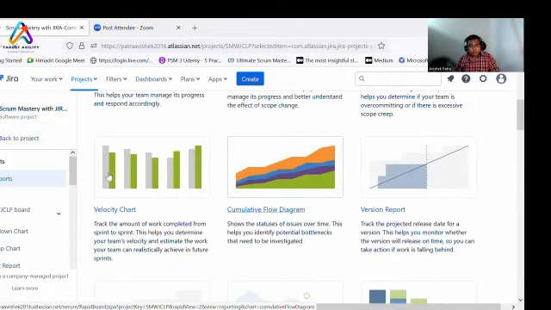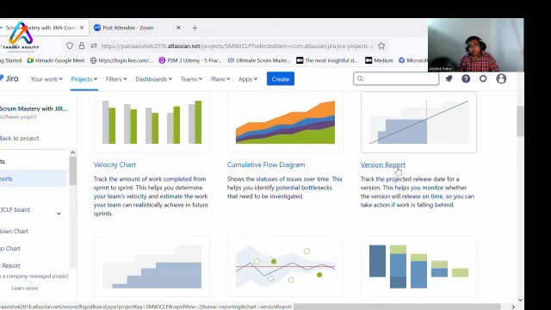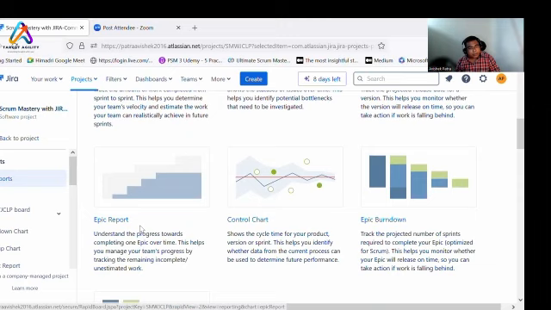So this is the sprint report, and along with that, you have multiple reports that you can use. Velocity chart, how your team is performing, cumulative flow diagram, version reports. All right, so you have selected fixed version. Based on that, May release, October release, you can also see what is the status of the version. Epic report, based on the epic, how many stories you are completing, you can use the epic report. Control chart will give you the cycle time, right? Product or version or sprint, whichever you select.